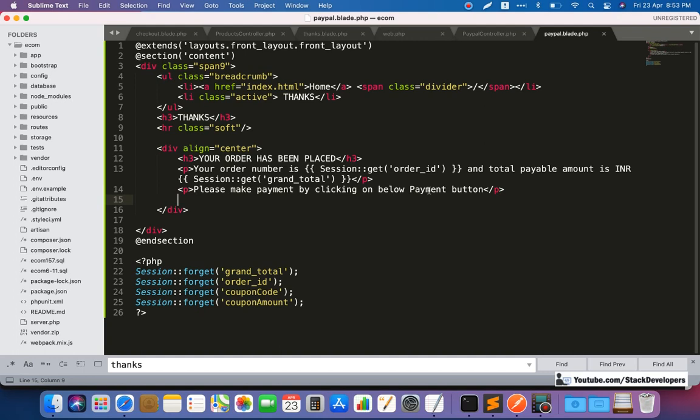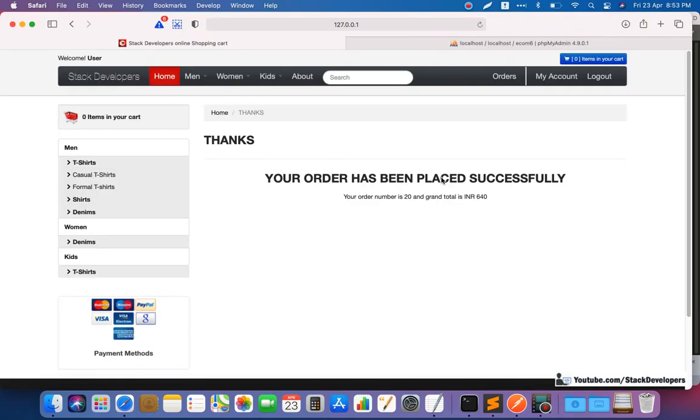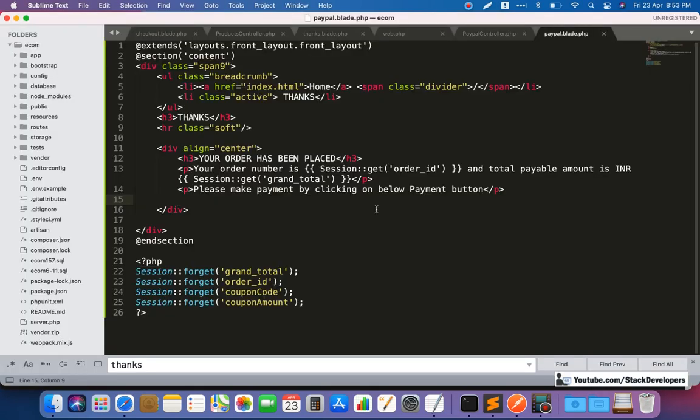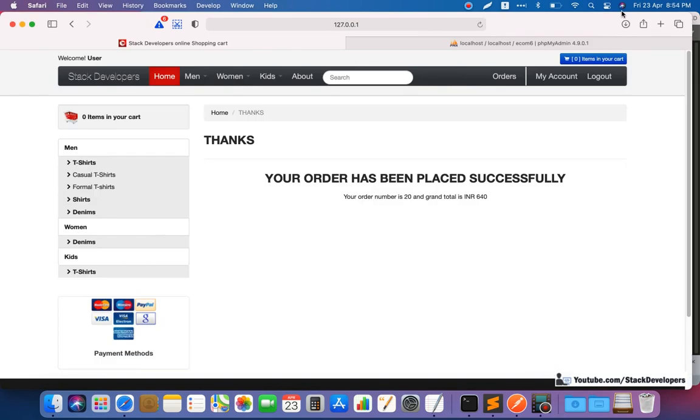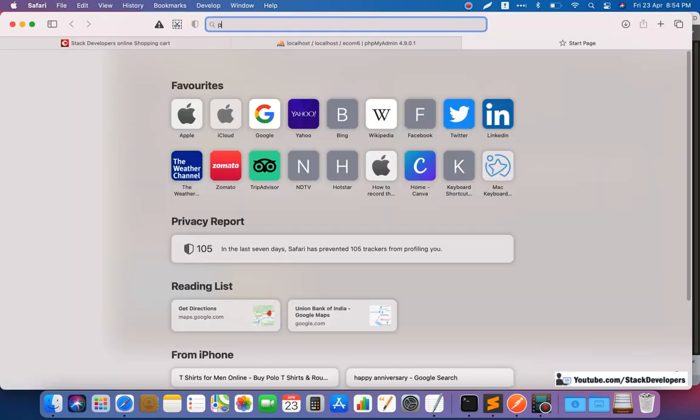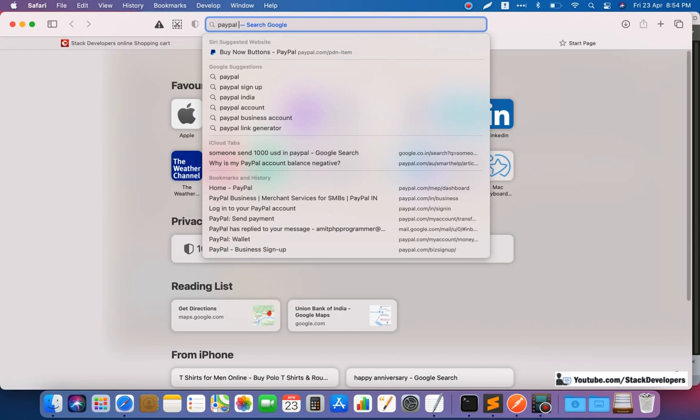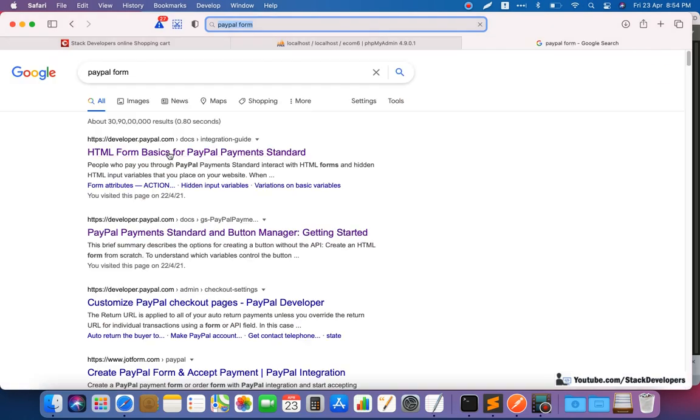the PayPal like this. Okay, so now I require the PayPal form here, in which we can send all the values, all the order values, so that they can be sent to PayPal as well, along with the order ID and amount. So we can search for PayPal form here.